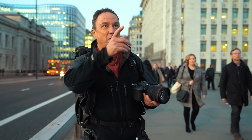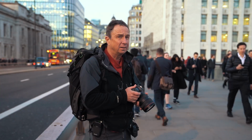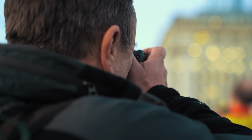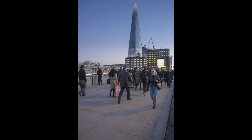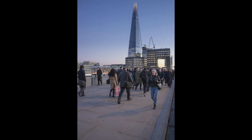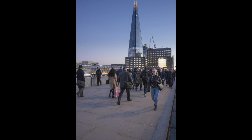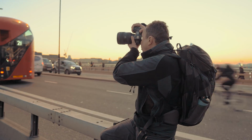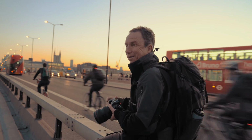Okay, we got some good separation on the Shard now, and the light's coming good. It's looking really nice, actually. So it's another of those situations where I'm just waiting for just the right person in my frame. I don't know who that person is, but